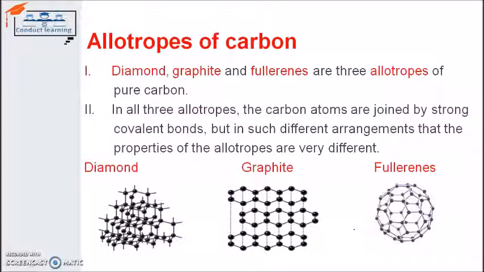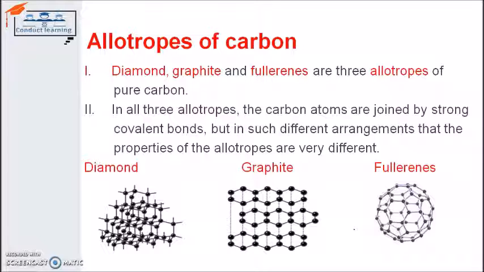For example, diamond is a carbon allotrope with 3D covalent bonding. So it is hard in nature. It is lustrous in physical state, and it has a high melting and boiling point. On the other side, graphite makes hexagonal covalent bonding. It has a very slippery surface. It is not hard like diamond, but it is a pure form of carbon.